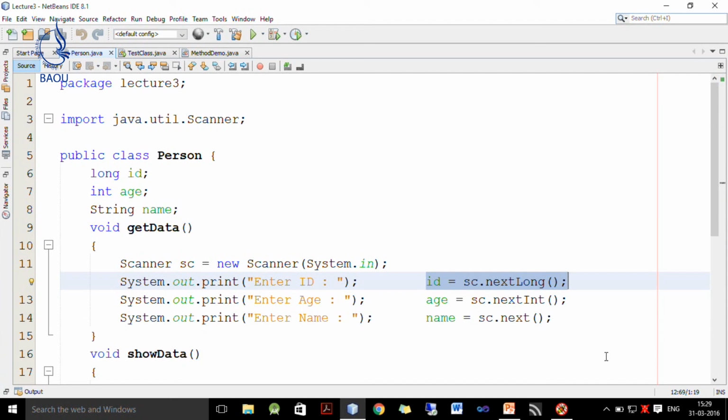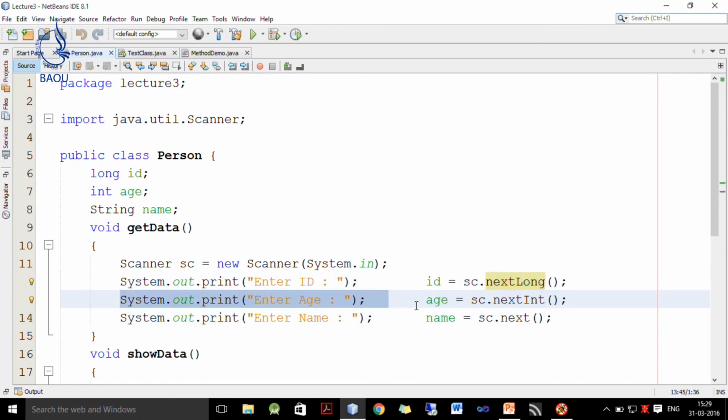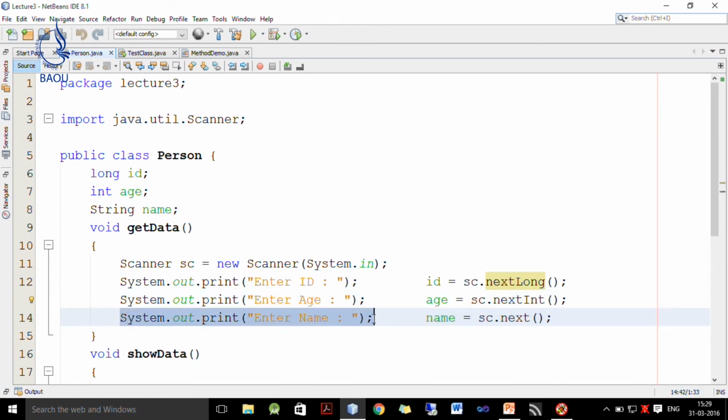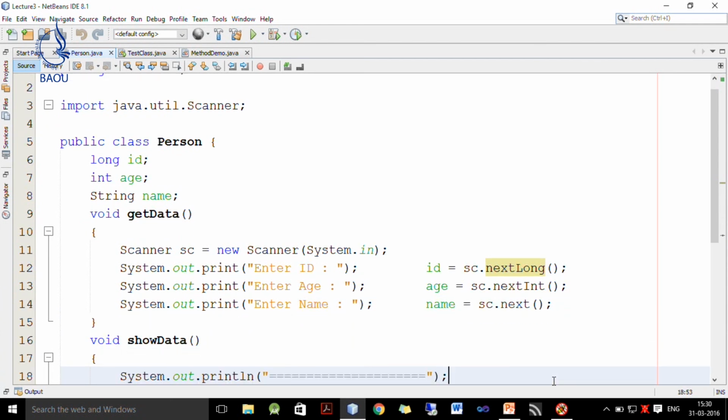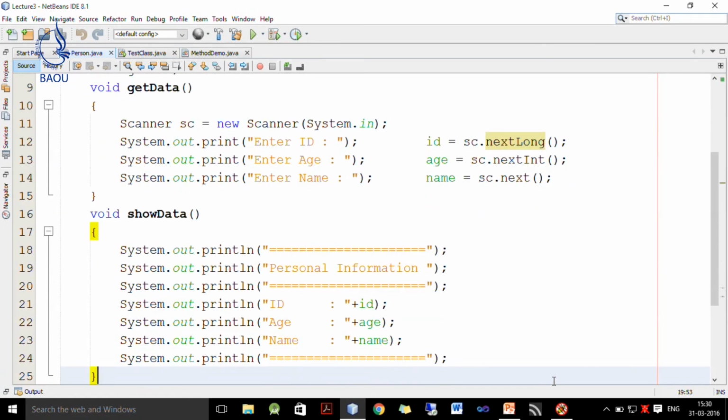Once ID is read, we ask the user to enter age and it is stored inside age by the method next integer of Scanner class, and finally, we read the name of the person from the user and it is read using the next method, because next returns a string. So, I hope you can understand this get data method which actually reads data from the user.